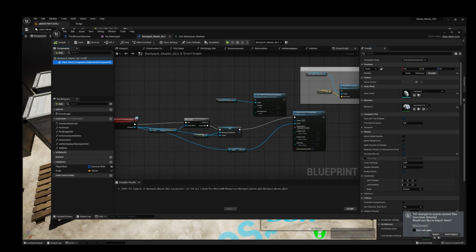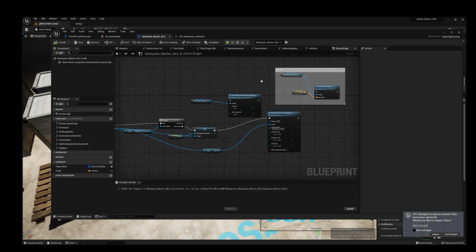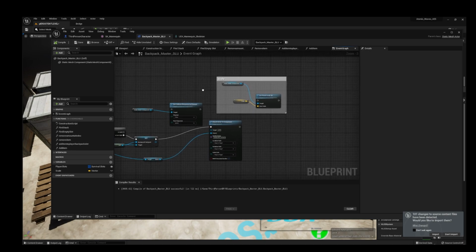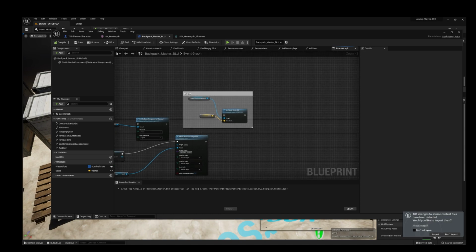Now we're going to make our backpack a little heavy so that when we collide with it, it's not like moon gravity and it just flies away. I'm making it 500 just for the sake of this tutorial. You can adjust it later on, that's really up to you. But what you're now going to realize is that when you have the backpack on your player, it's going to simulate physics on your player, and that's not good. You don't want your backpack falling off of you. So we're going to fix this as well.